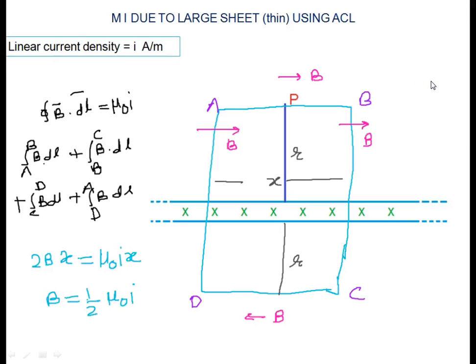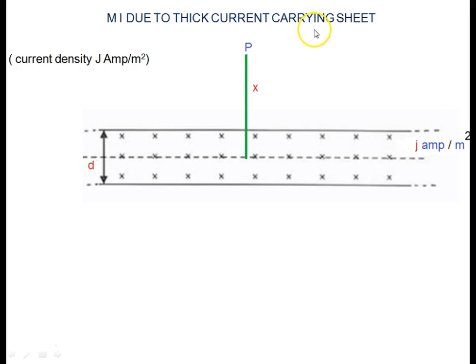Okay. Now in the last derivation we discussed the thin sheet. No, it is not a thin sheet, it is a thick sheet. It means we have to count this distance d also in our calculation. So firstly I will ask you to solve it yourself, because I have written that the current density is given by J ampere per meter square. So you just apply your brain and please try to solve. I hope all of you have tried.